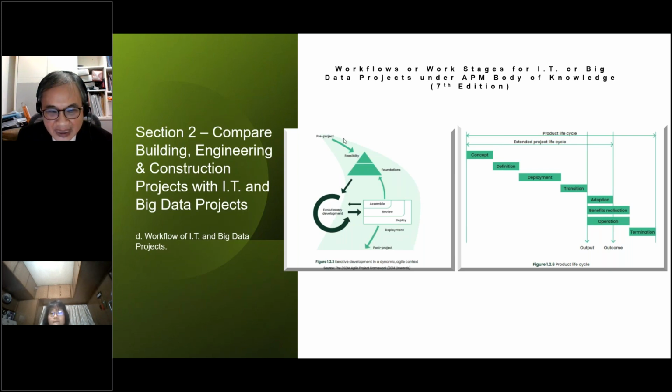Maybe I try to use it to illustrate the agile approach.